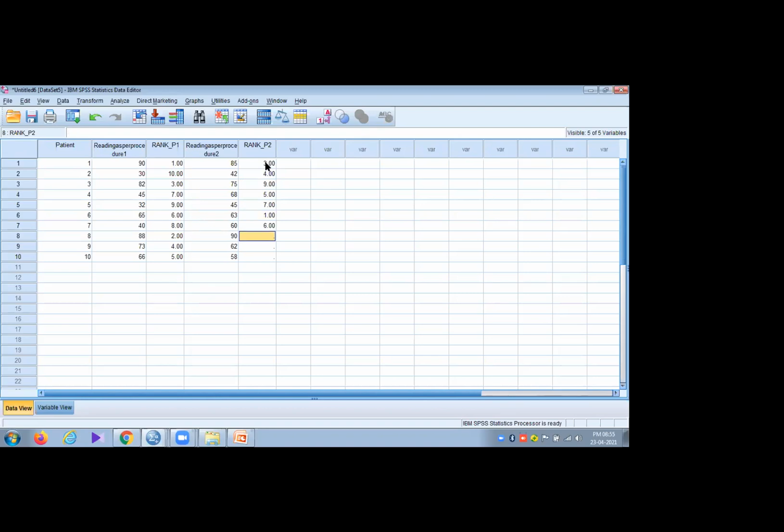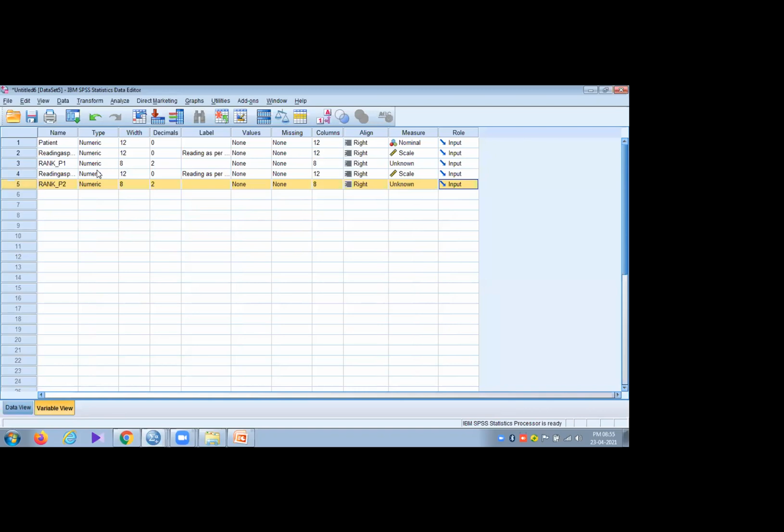This ranking actually, this order, I think it's wrong. Let me do it once again. 2, 10, 3, 4, 9, 5, 7, 1, 6, 8. This ranking of these scores we can do in Excel also. That will be easier. Okay, so we have obtained 2 decimal points, which is not needed here as it is ranks.